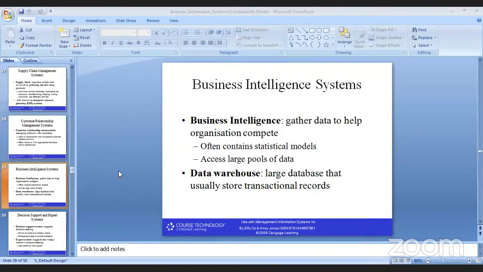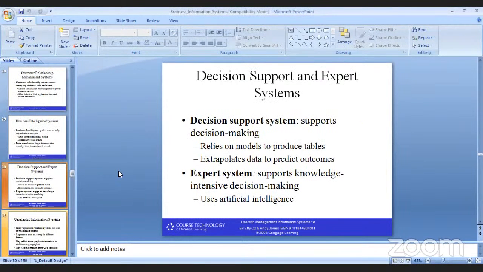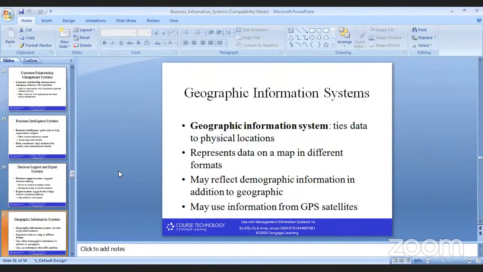Then is the geographical information system, GIS. I think all of you know about this GPS we are using. The GIS, geographical information system or geographic information system, ties data to physical locations. Nowadays whenever we are uploading any data on Facebook, we are tagging the location, the persons we want, whenever we are sharing anything. So the geographic information system ties the data